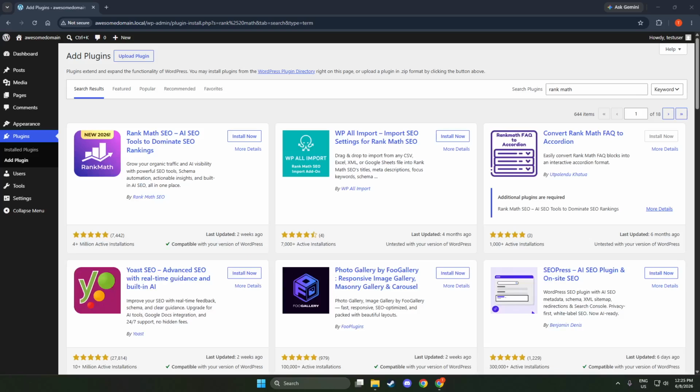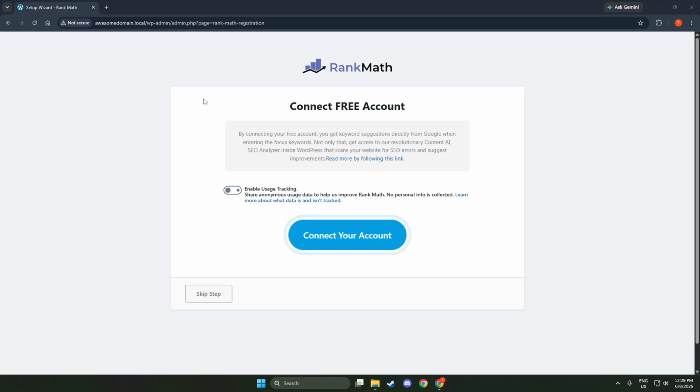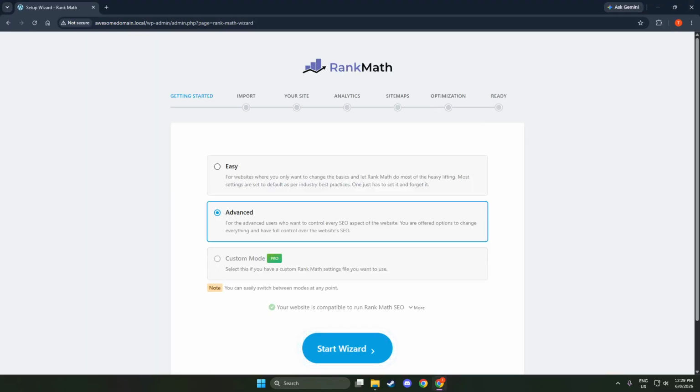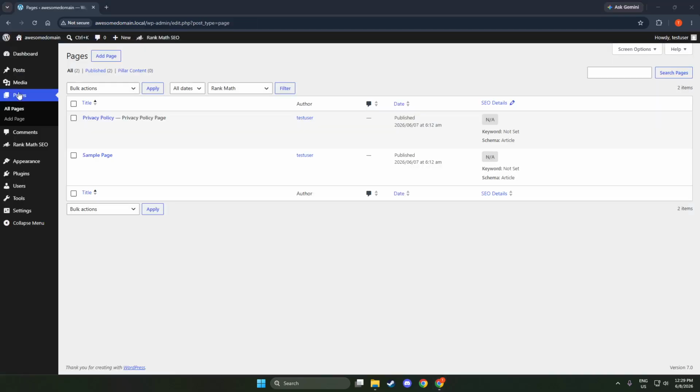With Rank Math installed, the next step is to edit a page or post where you want to add schema. Go to your Posts or Pages section in the WordPress dashboard. Click on the title of the post or page you wish to edit. This will open the editor, where you can make changes to your content. Editing your content here is important because it ensures that the schema markup is applied to the right part of